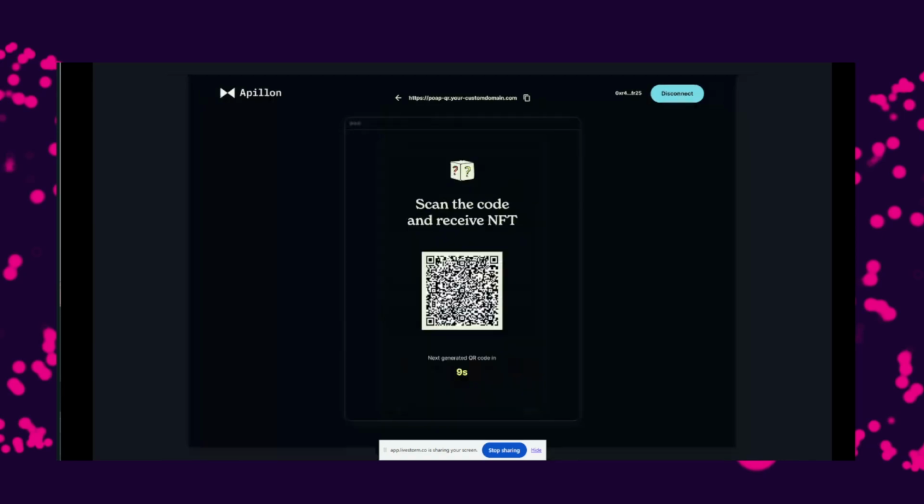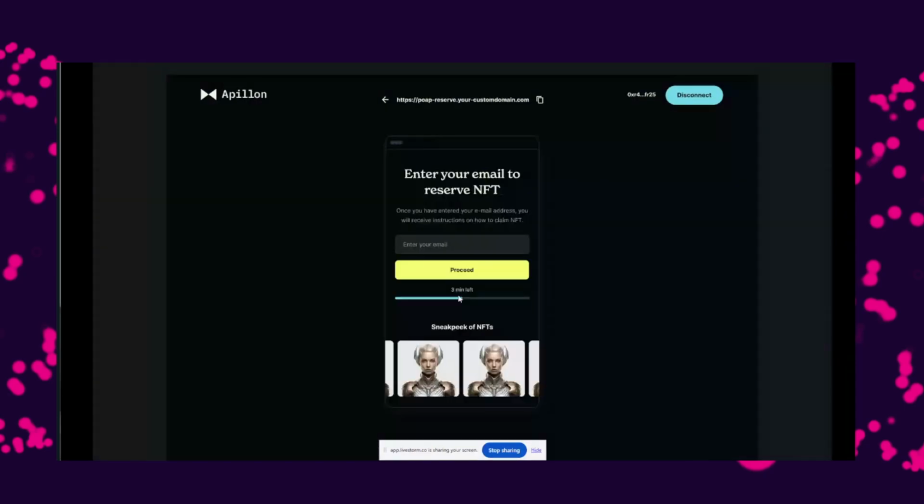So because we know which QR code was scanned by the user and the user enters an email, we can now say, okay, one NFT is now reserved for this user. And we can go one step forward and allow you to configure your own SMTP. So the email to this user will be sent over your domain, and then the user can come back and mint this NFT. So it's quite a cool solution that basically has everything you need to execute this, and you can achieve everything without coding.